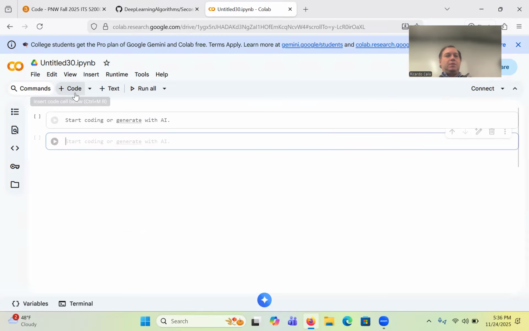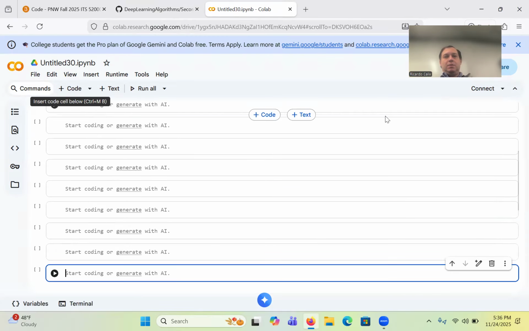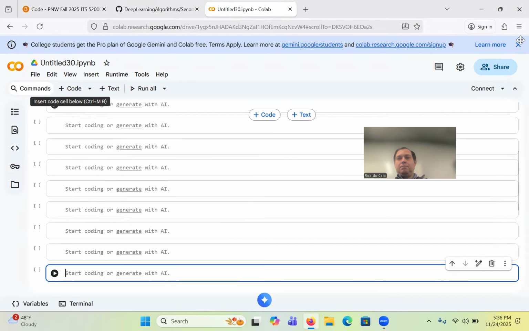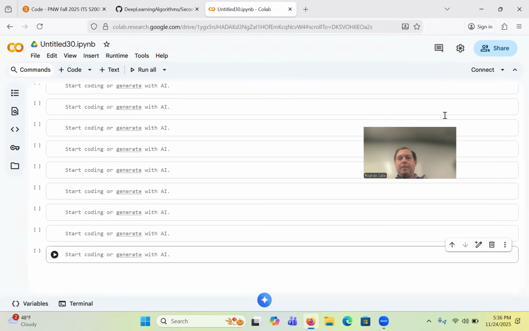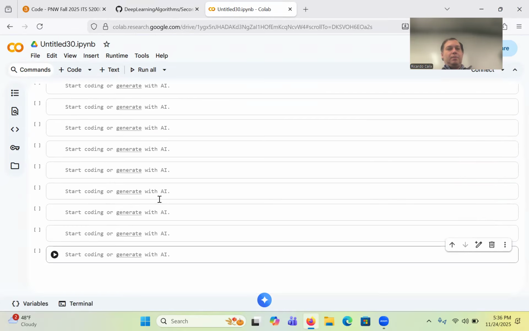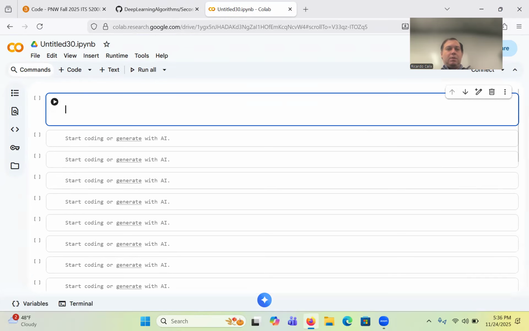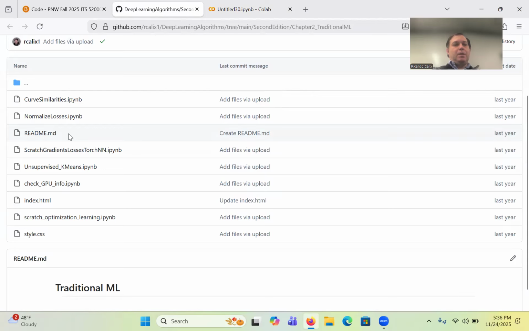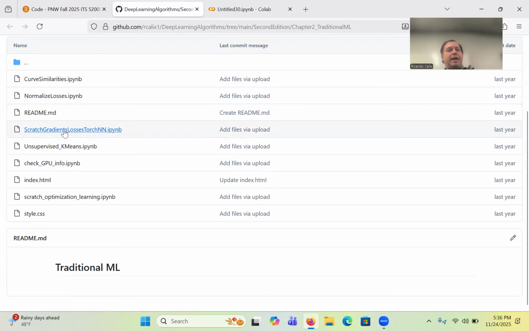Okay, let's add a few cells. All right. So here's a few examples that I have. I have an example on just normalizing a batch, for instance. I'm going to leave that for later. I have this one, scratch gradients, losses. We'll cover that one. And I think this one is where I'm going to start,